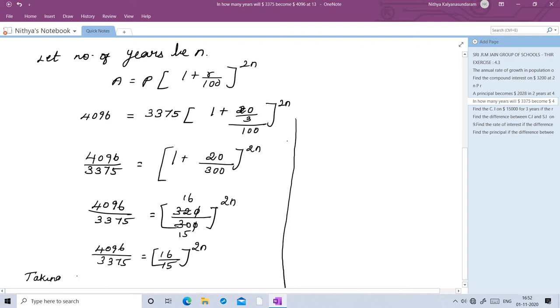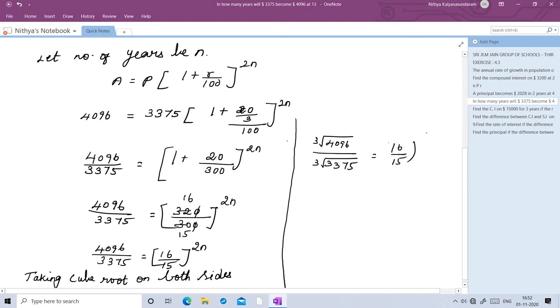The cube root of 4096 divided by the cube root of 3375 is equal to (16 by 15) power 2n into 1 by 3. The cube root of 4096 is 16, and the cube root of 3375 is 15. It is equal to 16 by 15